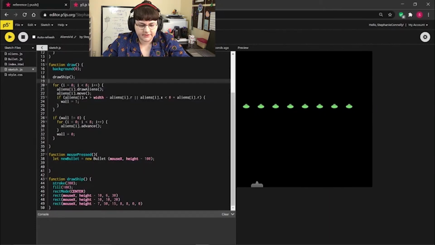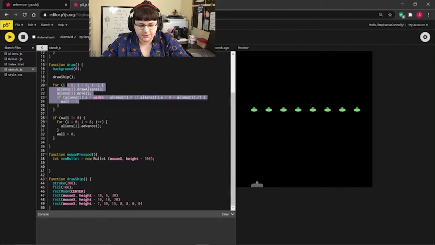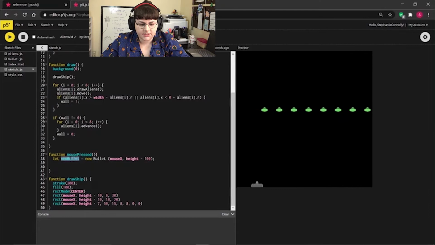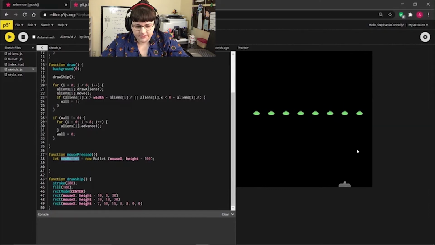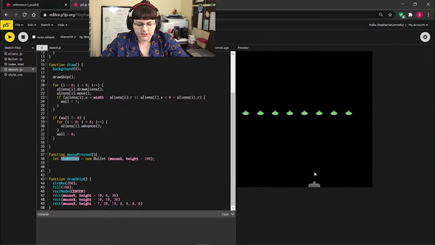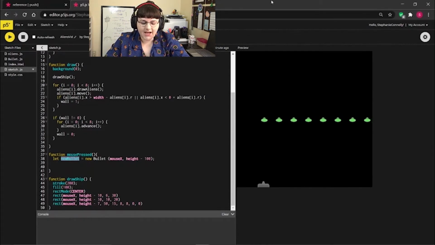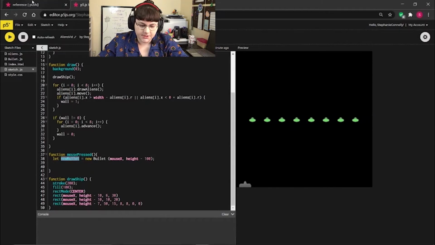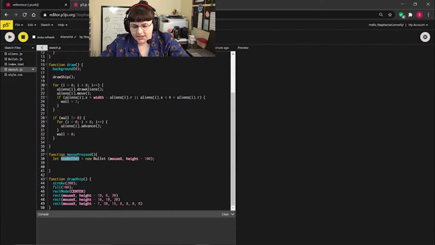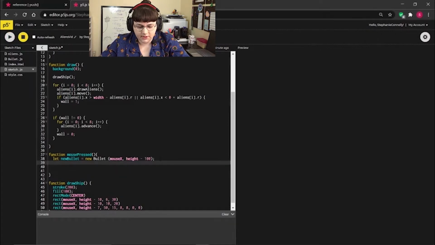So instead of having a set number of iterations, like this creates 8 aliens every time it runs, we're going to create an array of, well, 1 bullet on the first click. But then the second click, we're going to want to add a bullet to it. So now there's going to be 2 bullets in the array. And then once they get off screen or hit something, we're going to want to be able to remove them